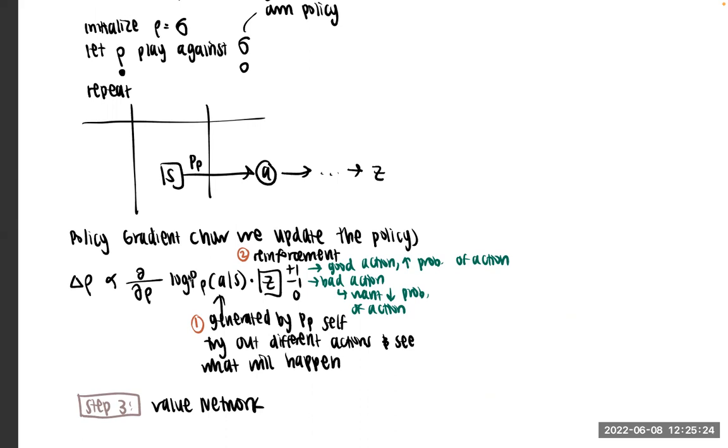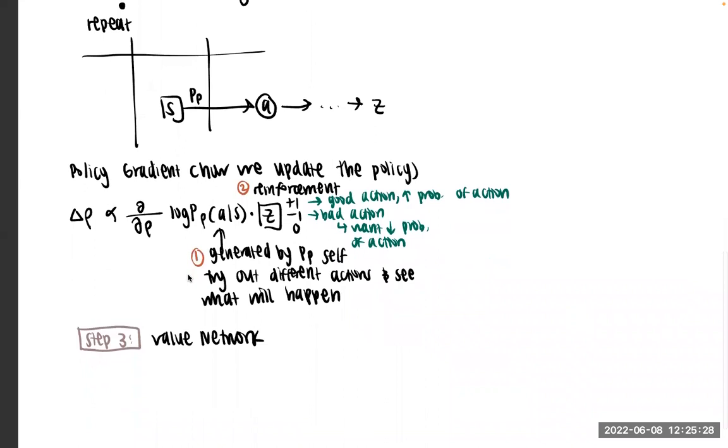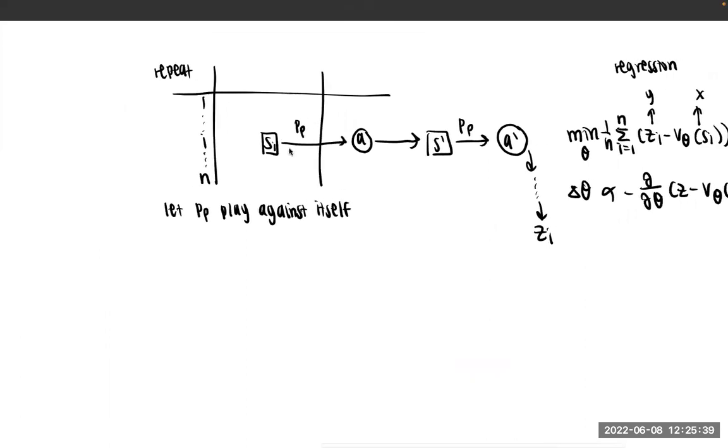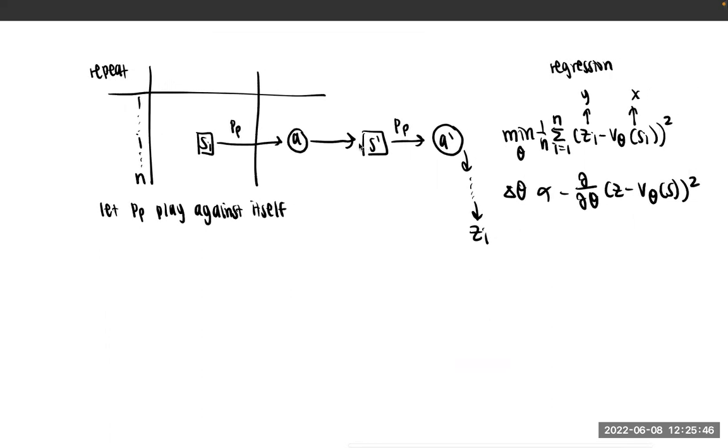And after reinforcement learning, you can then learn the value network. That is, after you train P rho by reinforcement learning, you let P rho play with itself. Say, at S_i, you use P rho to generate A, and then you get to the next state S prime, and you continue to use P rho to generate A prime and keep going until you get to the end, you get Z_i, right? Then you want to learn this value network V theta of S_i to predict Z_i based on this least square loss. So you want to minimize this least square loss. Therefore, you update theta, which denotes the parameters of this value network, by gradient descent on the least square loss,